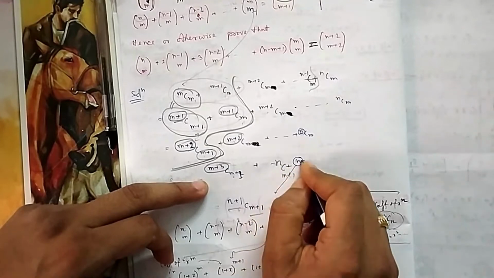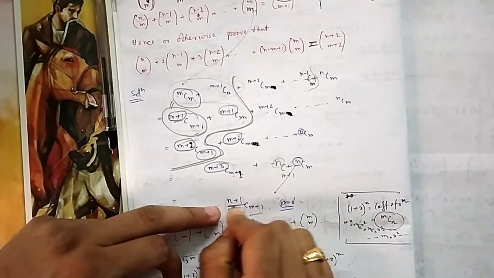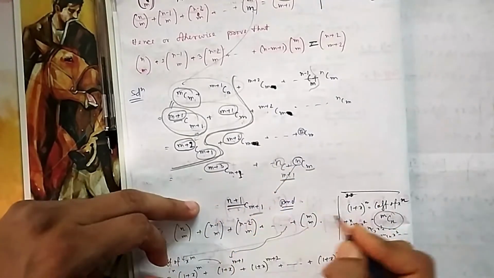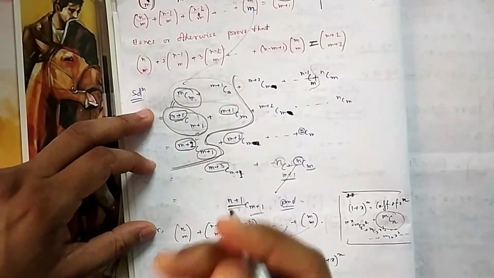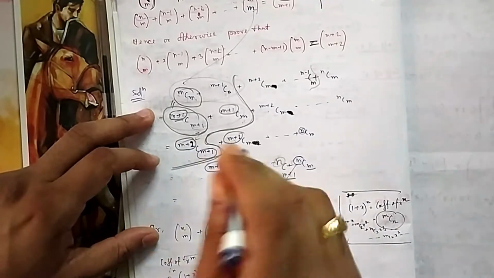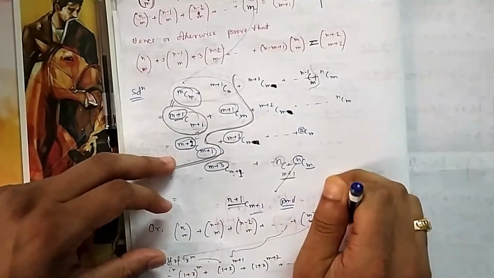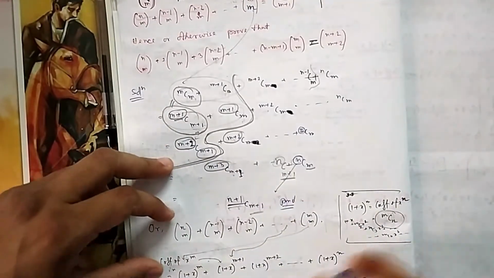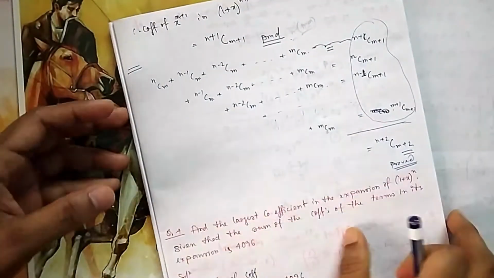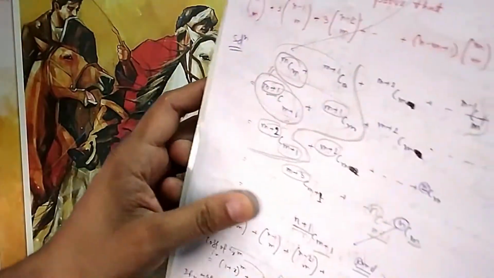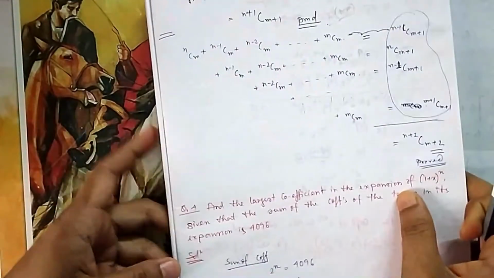So now if you add these two, again the upper power will be increased, n and n plus 1, and out of these two we will take the higher one. So whenever you say that the upper power is increased, somehow you have to look for the application of that formula, how to increase that upper power. There are also different ways, but we don't need to go that way. If it is required at all, I will show you later, but I don't think that is required. Now using this, you have to deduce this formula.